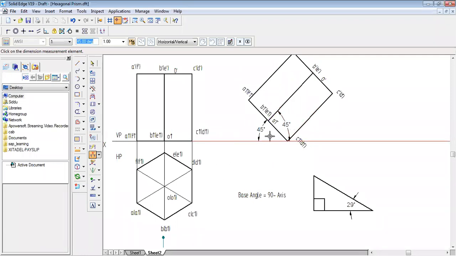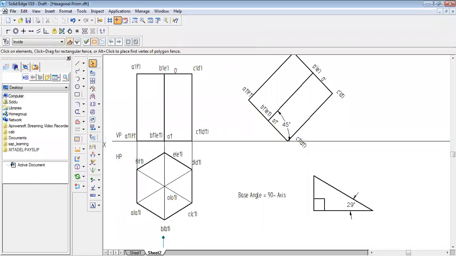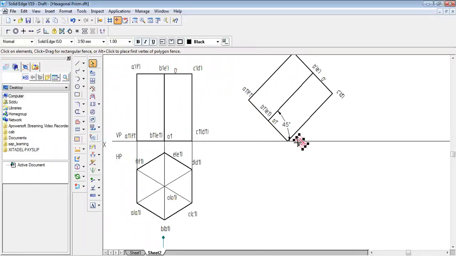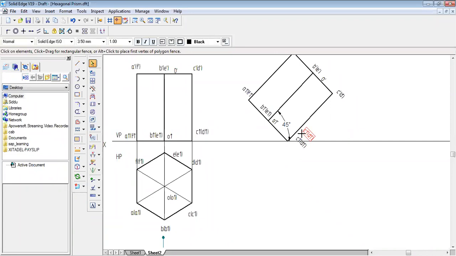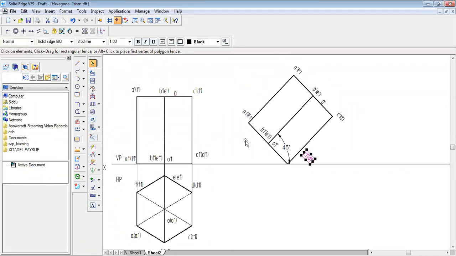Correct? Hope you are getting the point. Even if you take the axis angle only, it doesn't matter. I'm telling you the possibilities, what all you can do. So that is what I am explaining. Anyway, you just note this also. Sometimes it may help you. Okay. So now with this, I think you can move forward.